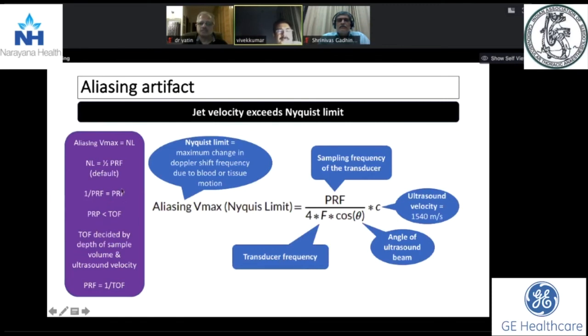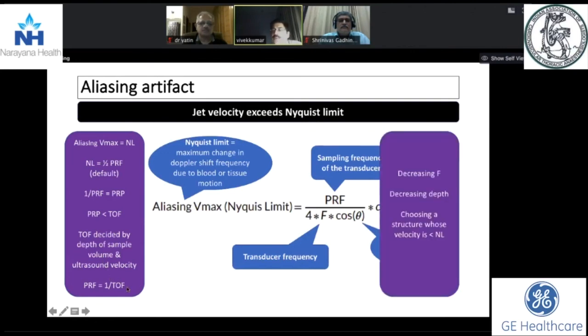And the pulse repetition period is always more than the time of flight, and the time of flight is the time it takes for the beam to go from the ultrasound probe, hit the object of interest, and come back. So if my object of interest is very, very deep, my time of flight will be long. But what the machine does, it always keeps the pulse repetition period longer than the time of flight. And time of flight is decided by the sample volume depth and ultrasound velocity. So therefore,